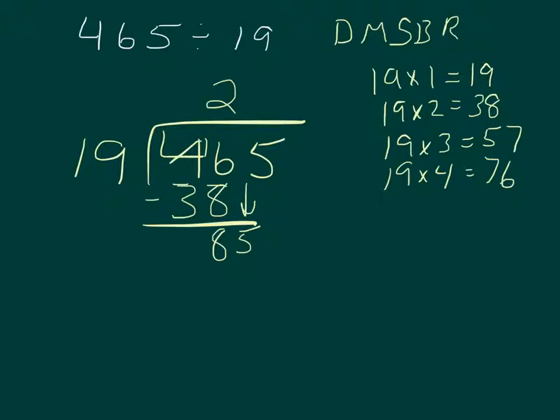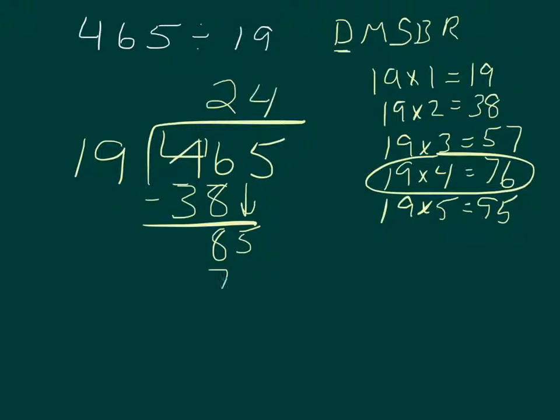I'm good at doing that in my head, aren't I? 19 times 5 is 50 plus 45. That's 95. That's too big. So it's going to be this one right here. So 85 divided by 19, I'm dividing right now, is 4, because that's 76. When I subtract, I borrow, that makes 7. 15 minus 6 is 9, and I'm left with 9. So it's either 24 remainder 9,